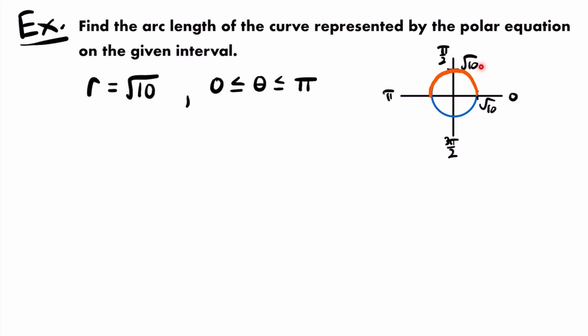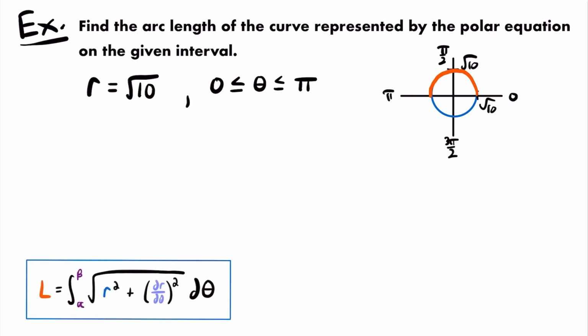All right, so let's calculate this arc length. In order to calculate it, we need to know the formula for calculating arc length of a polar curve, and that formula looks like this. The arc length is equal to the integral from alpha to beta of the square root of r squared plus dr d theta squared times d theta. Alpha and beta are the two angles of theta that you want to calculate the arc length between, r corresponds to your polar equation, and dr d theta is the derivative of your polar equation